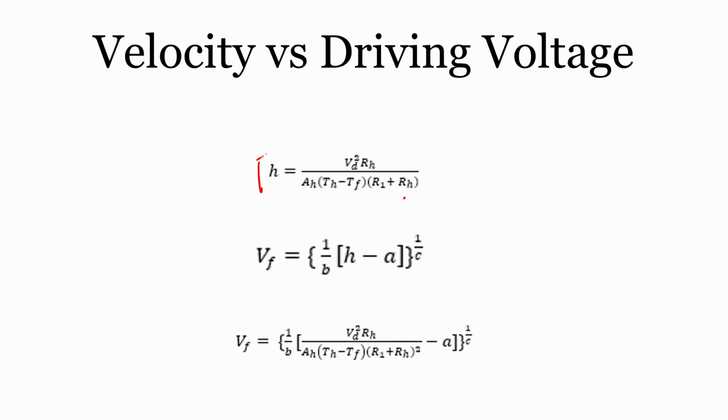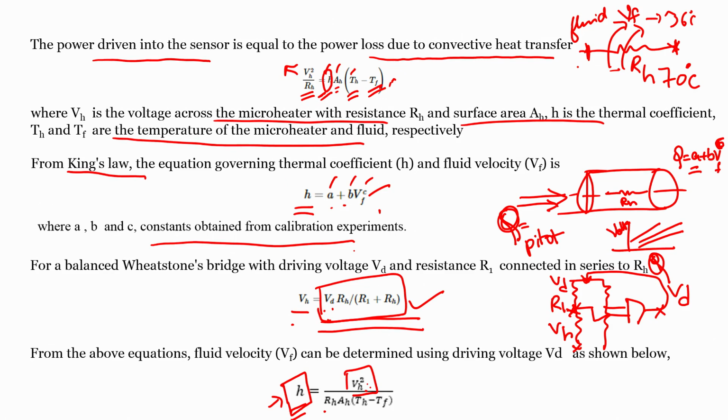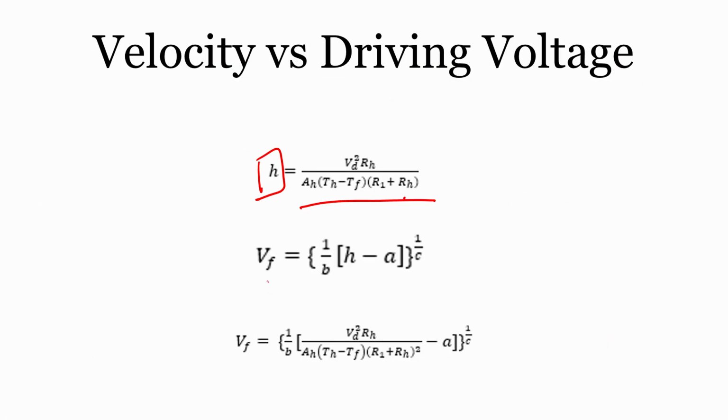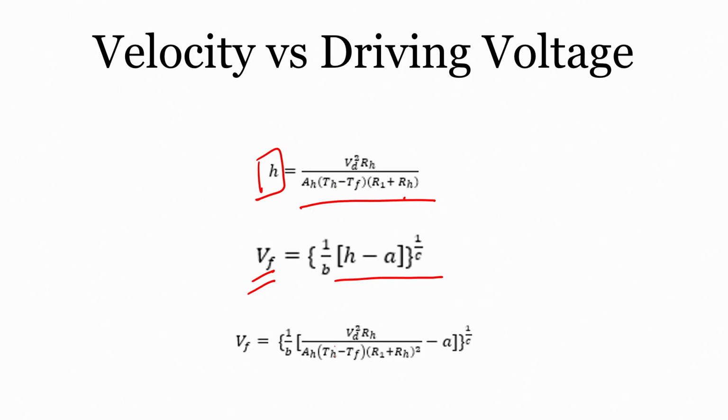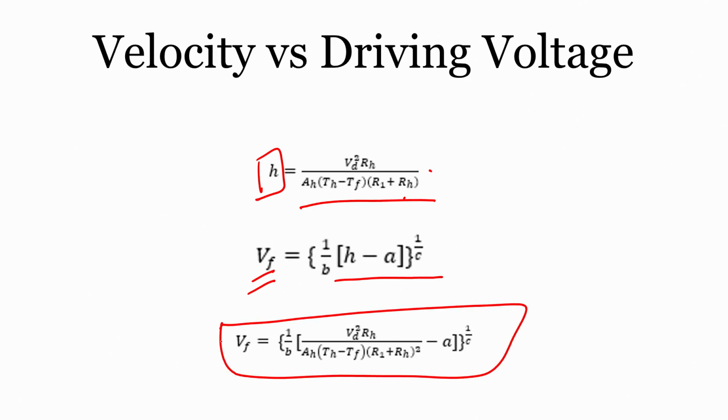So now you have H, and this H is replaced in this equation here. Fluid flow Vf is, and how did we get this, ((H minus A) by B) to the power 1 by C from here. We need the fluid flow, and we have H minus A by B, and the whole is to the power 1 by C, and we want to eliminate H. We already know the heat transfer coefficient from here. Substituting all of this, we have the fluid flow relation